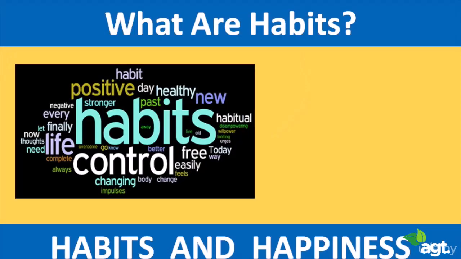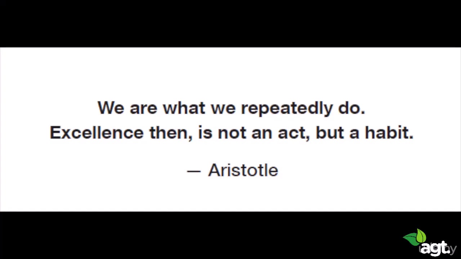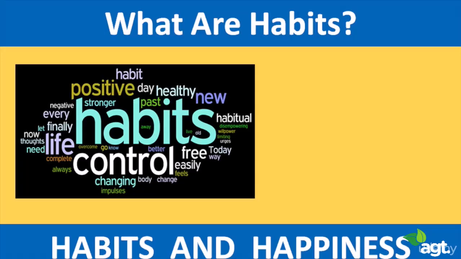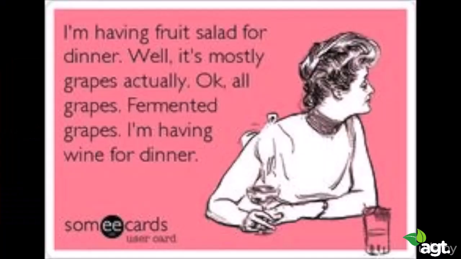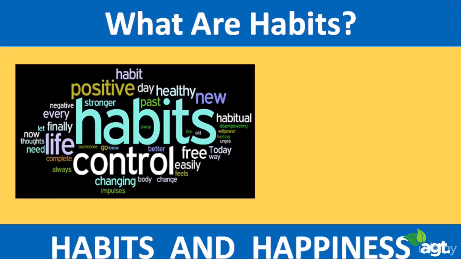So what are habits? Habits are things we do automatically, thoughts we may have, or emotions, believe it or not. And all these things, emotion and thoughts, are performed automatically by our brain. So that leaves us with energy to do things that are important in our life, such as, what are you going to have for dinner tonight? What movie are you going to watch next week? And so on. So habits are performed automatically.